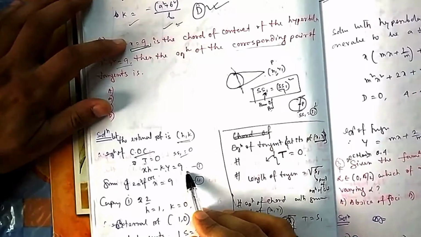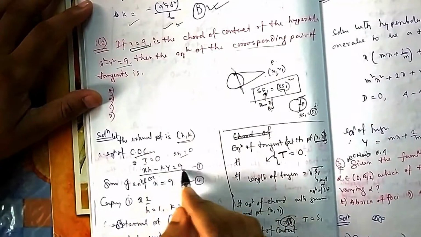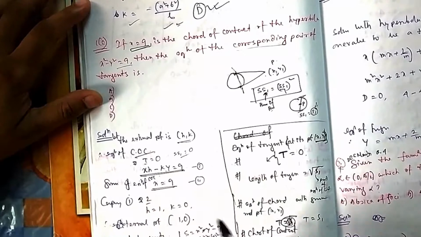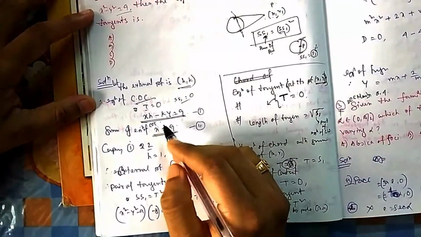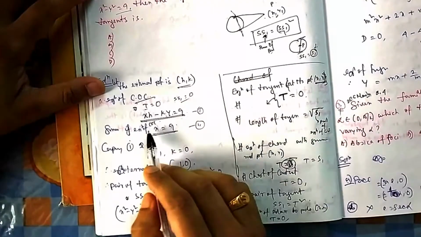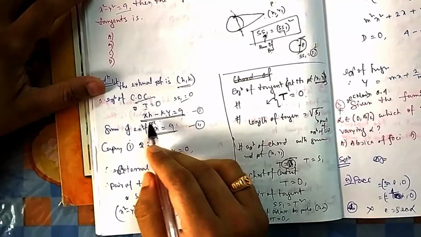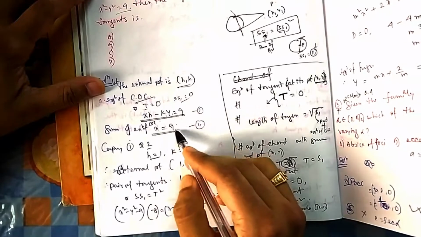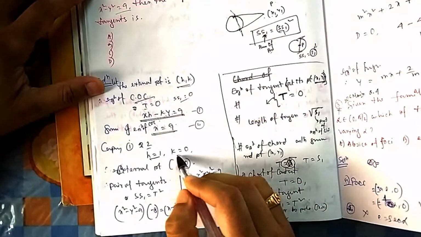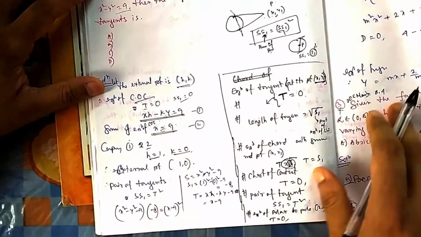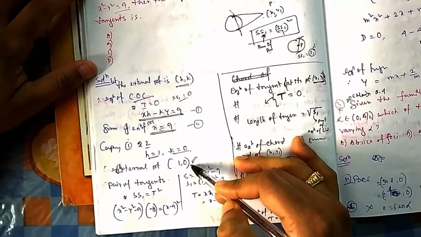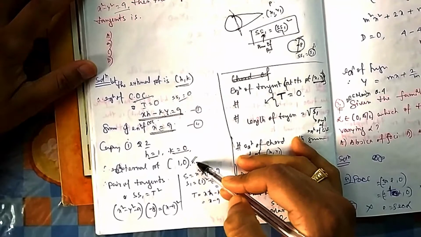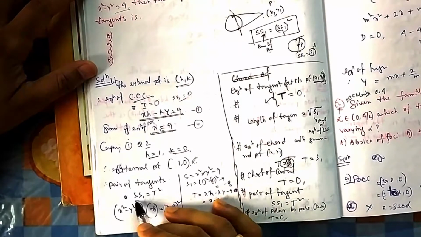Now this equation and this equation should be the same equation, because this is my COC and they have given the COC. So you can compare these two and you can write down the values of h and k. So what should be your h? h should be 1, or you can write h by 1 is equal to 9 by 9, or the coefficient of y should be 0 because there is no y. So once you know that, then you know the external point h comma k. From that external point you need to draw the pair of tangents. You can use this formula.